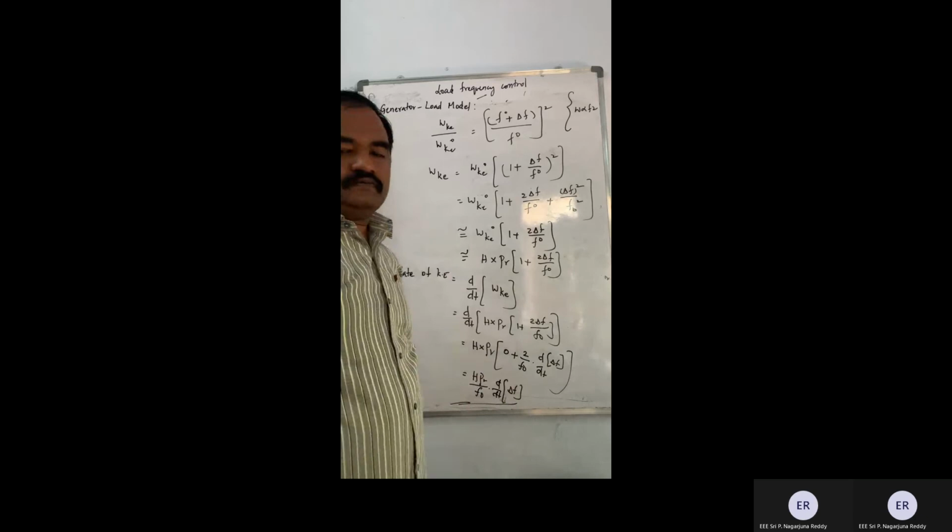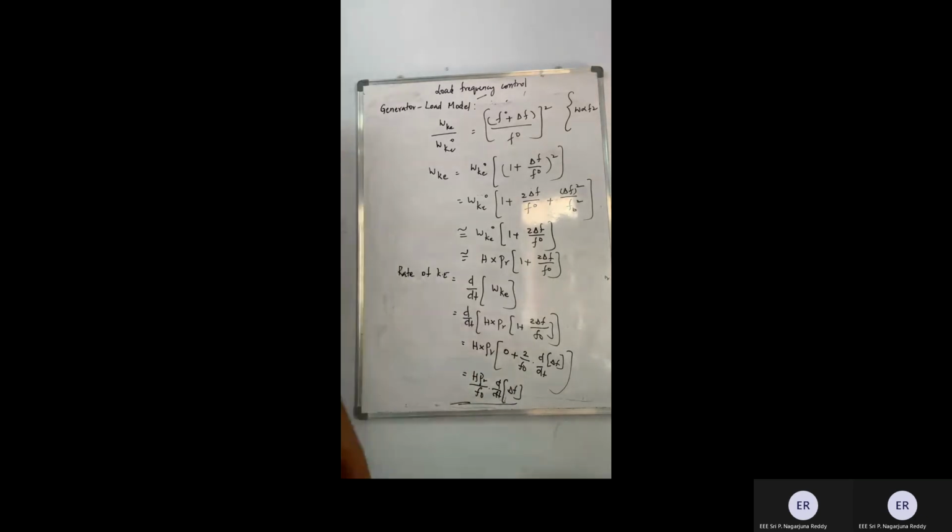This is the first accounting. Okay. This is the first accounting. Now, I told you that it will be accommodated. The change in delta PG and delta PD is going to be accommodated in 2 ways. One is this rate of change of energy. The other one is,